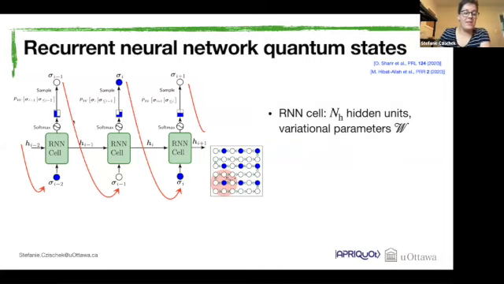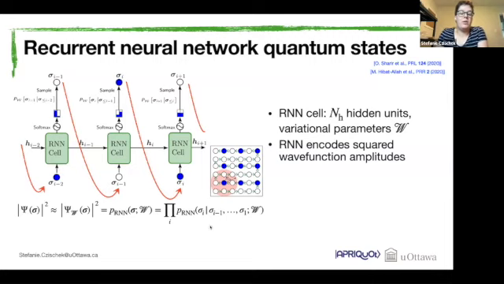Now I told you we have this memory effect by propagating the hidden neurons. And due to this, the probability distribution that we sample from is a probability for the state of the next qubit in our sequence conditioned on the state of all previous qubits in our sequence. Okay, so here we always sample from these conditional probabilities, which now gives us the possibility to encode correlations between the different qubits in our system.